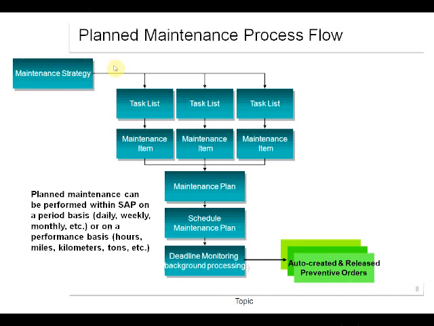So once my strategy is defined, I'll come to the task list. Task list is all the tasks that I'm going to carry out in the preventive maintenance. That is input here. So whichever tasks I'm going to perform for a preventive maintenance activity, I'll list them down here. Once I've listed down the tasks, I'll attach them to the strategy, saying that, see, tire you won't change for the first 1000 kilometers or the 3 months, 6 months, 1 year. So tire we change after 30,000 kilometers.